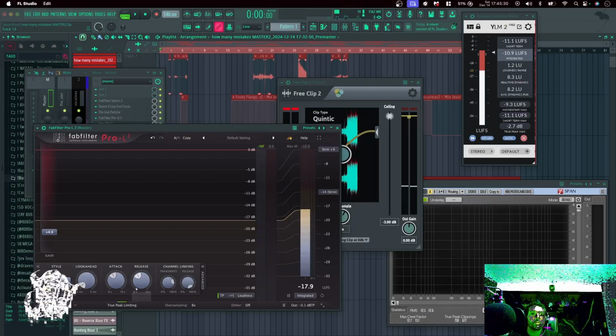I didn't really adjust the attack and release for this song just because what we're doing with this is not really limiting it. We already limited it with the ceiling. For the most part, we're just trying to get rid of the transients that are going to go above whatever our ceiling is set. So this will give us a good number for this true peak max. And also we're going to try to add some volume because in my opinion, that's not enough. So